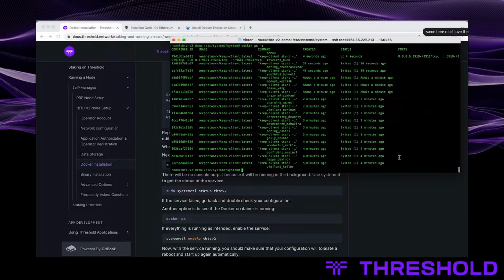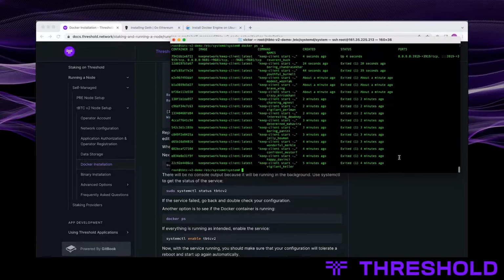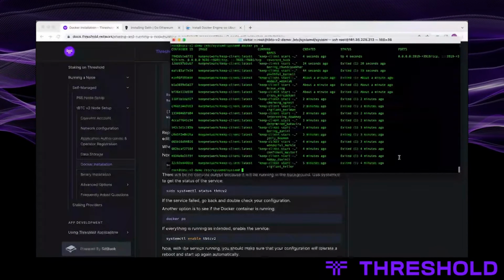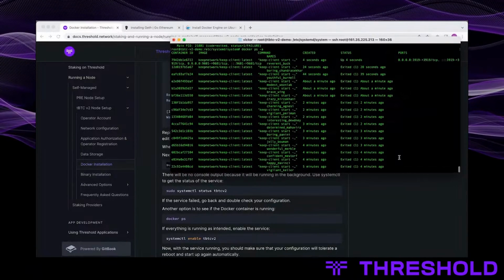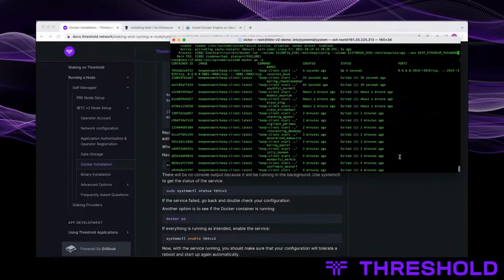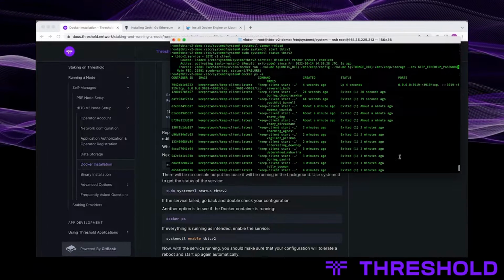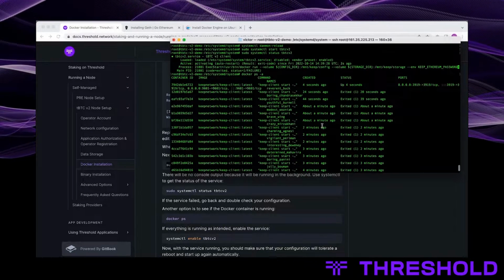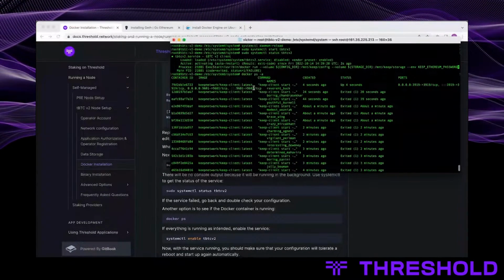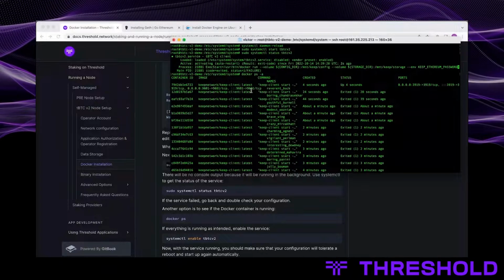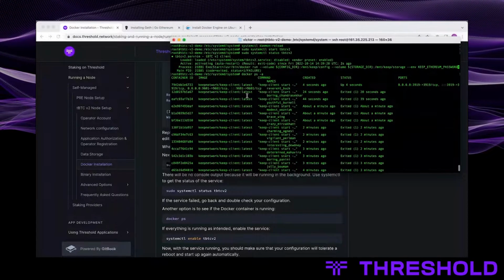So the problem is that the operator account is not attached to a stake. And for that reason, I can't actually start my node up and have it run. But I believe that it actually will run because it deployed and the ports were opened. I think this will actually work.